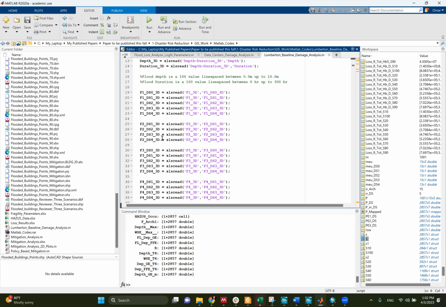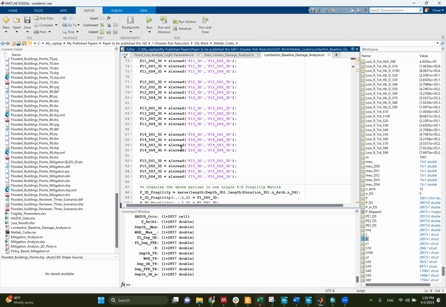So that's why I'm reading all the Excel sheets. So Excel sheet number F1 3D has everything about F1, and each Excel file has many sheets. I have sheets for damage state 0, damage state 1, up to 4. Same thing for archetypes 2, 3, 4, 5. So I'm just reading all the Excel sheets. Once I'm done with the 15 archetypes,